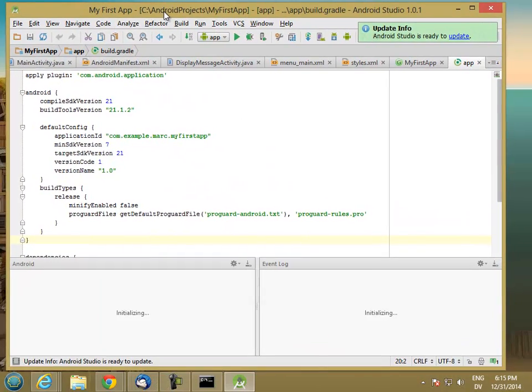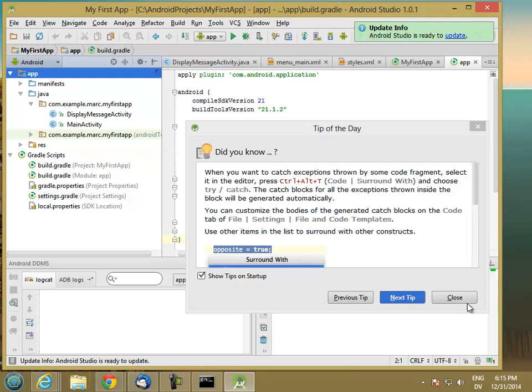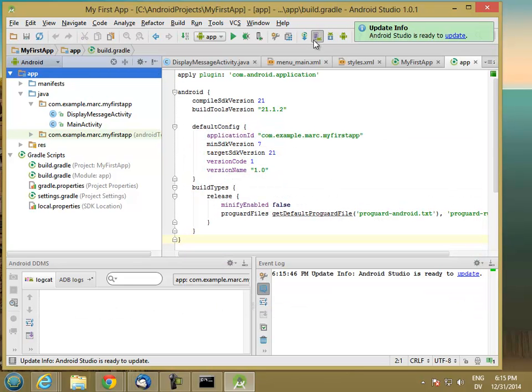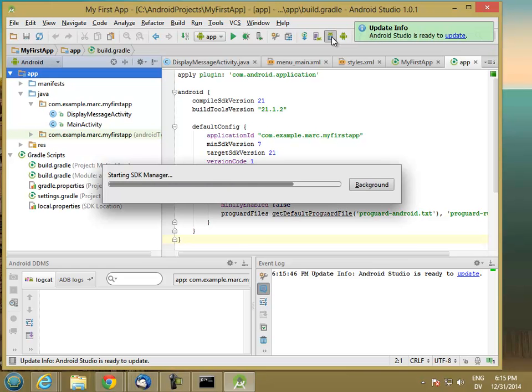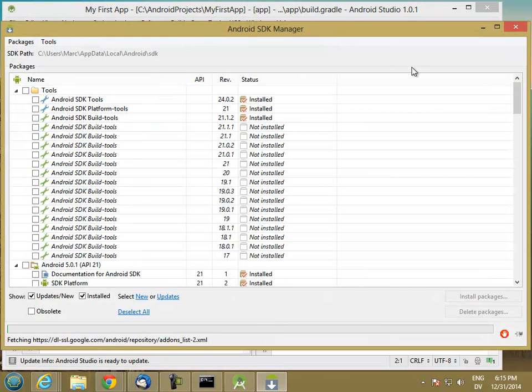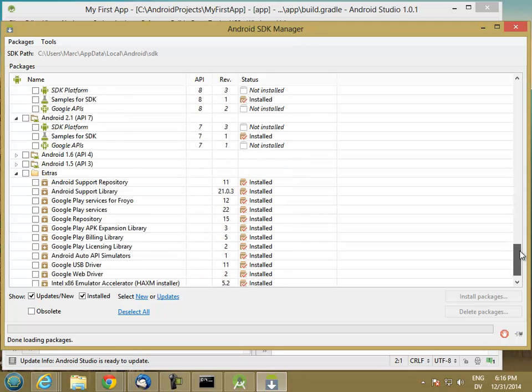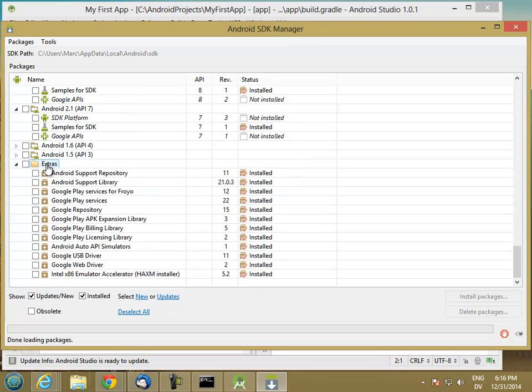And I'm going to go to the SDK Manager, close the tip of the day, go to the SDK Manager, and before we begin, you want to make sure that at the bottom under Extras, you have the Android Support Library installed. If you don't have this installed already, go ahead and click this box and then click Install Packages